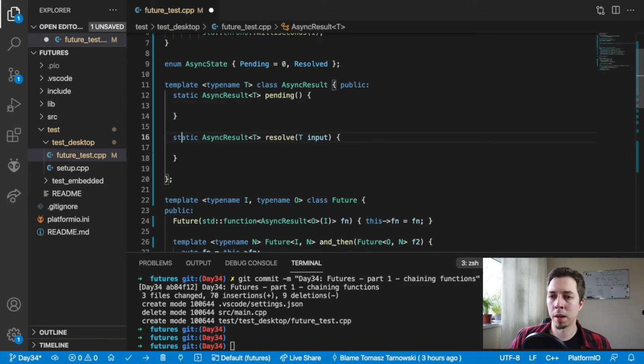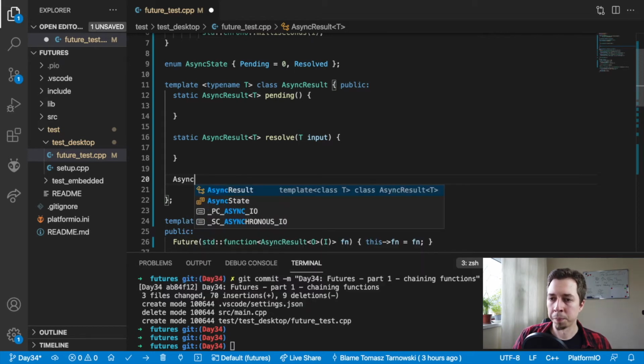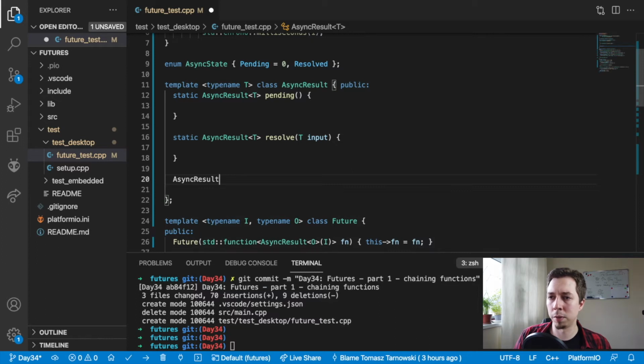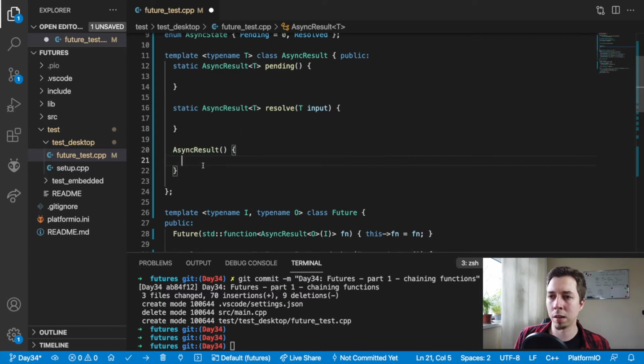At the moment, I'm not really going to go into this builder. You may remember from my previous video on the file upload from ESP8266, I've done this for the HTTP client, using the Fluent API approach with the builder. And this is my goal for the async result. But I don't really want to bother you with that pattern at the moment, so I'm just going to create those constructors here because I can do it with the constructors. So we'll have async result, and the default constructor that doesn't take anything is essentially going to do the pending one, right? So if you do something like this,